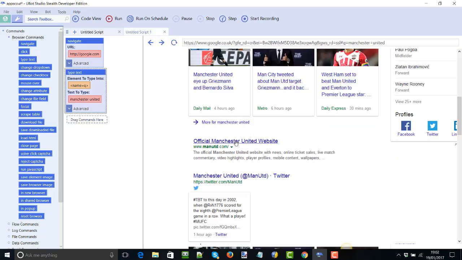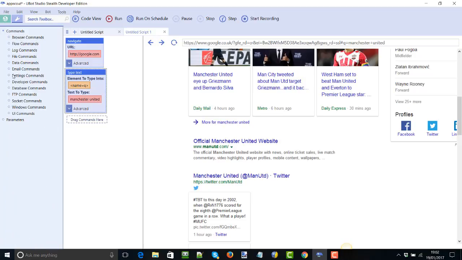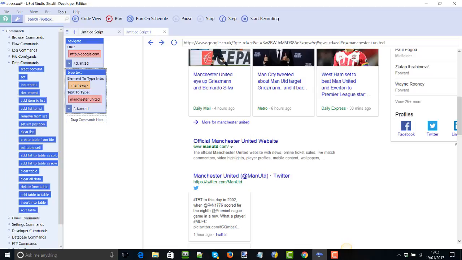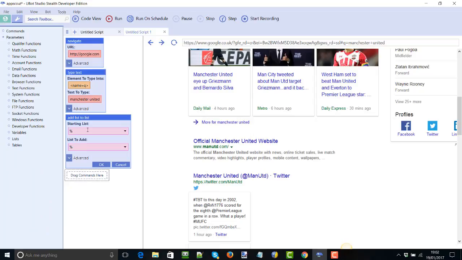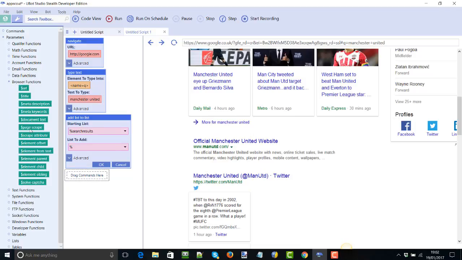Now from there, maybe we want to scrape some data. We want to see what websites come up, and the easiest way to do that is to use the scrape command. So if we come up here, when we're scraping lots of things, we're going to create a list. So we're going to add items to the list. We'll call the list search results, and we're going to scrape from the browser function. We're going to scrape attributes,